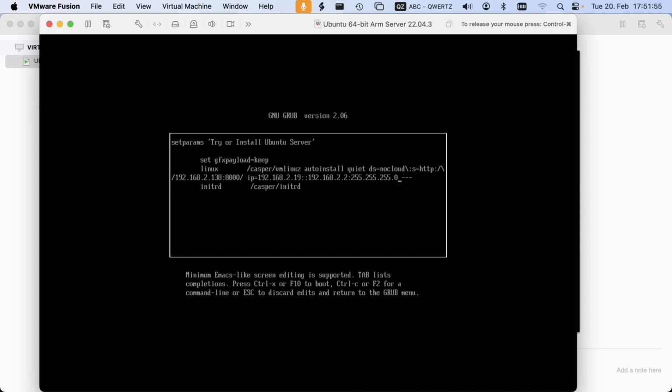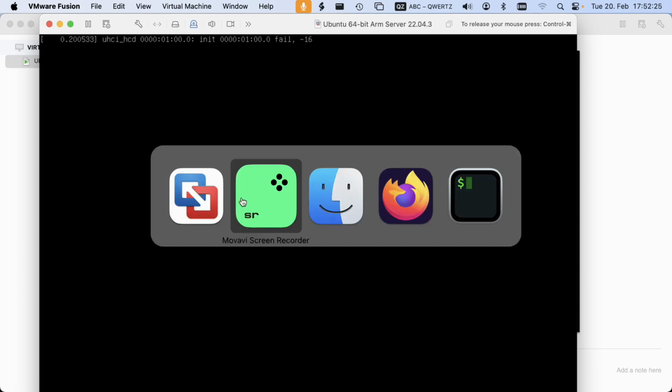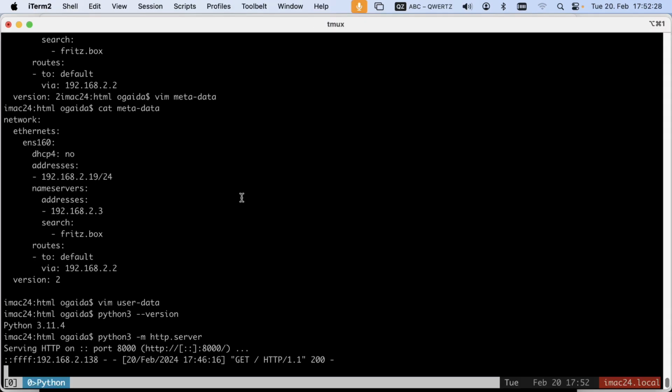Then we have 3 empty values delimited by colon, and then it's very important, if you use a static IP configuration, you have to give it a DNS server, an IP address for a DNS server. And here in my environment it's the 2.3. That's it. Now I press Ctrl X to start the installation, and I switch here to my